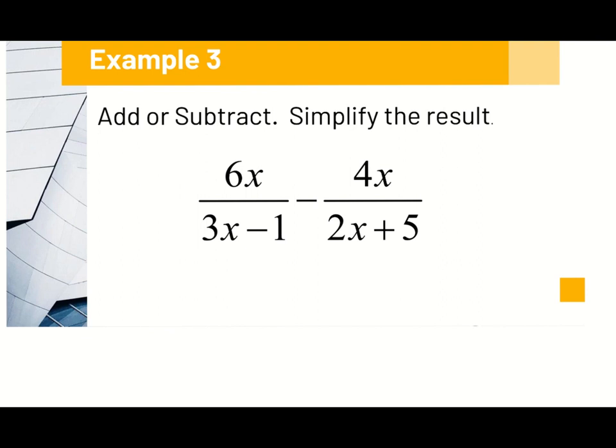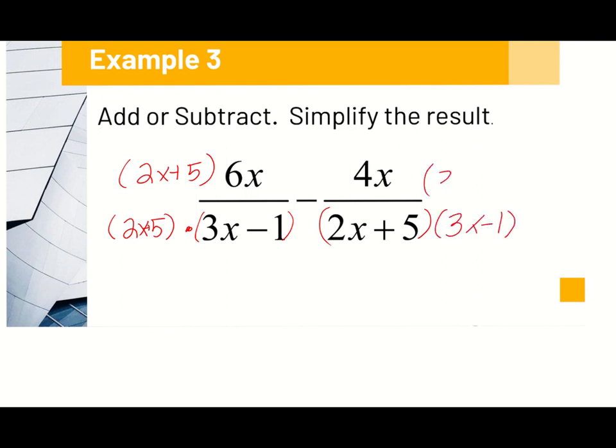So this first one, I have 3x minus 1. Well, I got to multiply by 2x plus 5. If I multiply the denominator, I also have to multiply the numerator. So this one gives me a denominator of 2x plus 5, 3x minus 1. So this one also has to be 2x plus 5, 3x minus 1. So I have to multiply by 3x minus 1. So now if I go ahead and multiply these together, this one I have to distribute on the top,